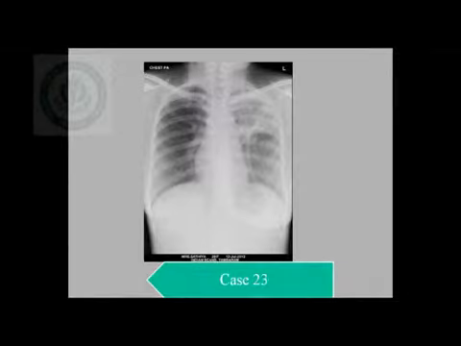A case with opacity in the left upper lobe with multiple acinar opacities in the left lower lobe. These types of lesions are indicative of active tuberculous lesions. Whenever you see acinar opacities in tuberculosis, you can boldly say these cases are active tuberculosis, because the cavity alone does not say whether it is an active or a quiescent disease. But when you have acinar opacities along with the cavity, it is definitely active tuberculous disease.